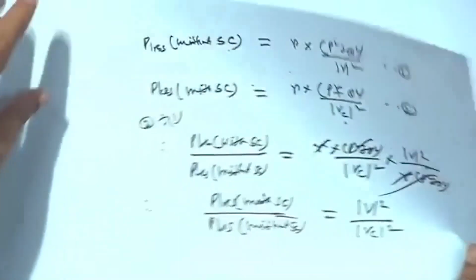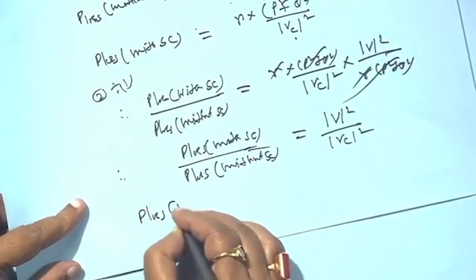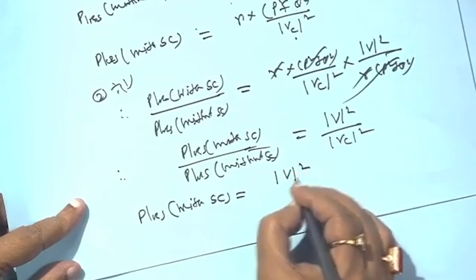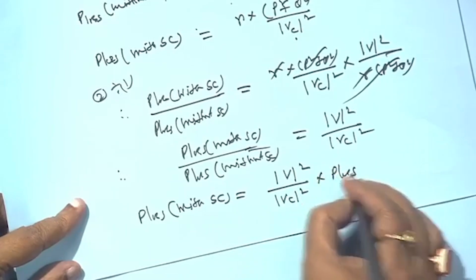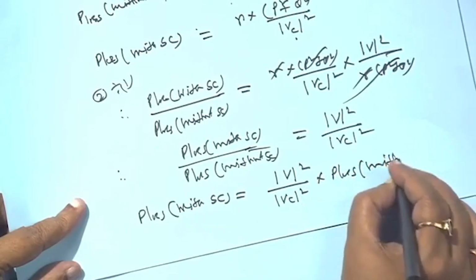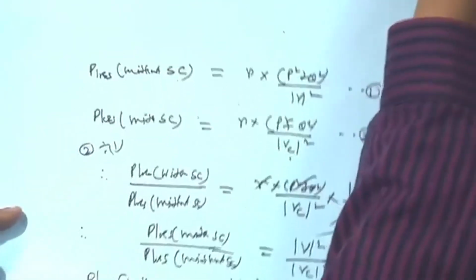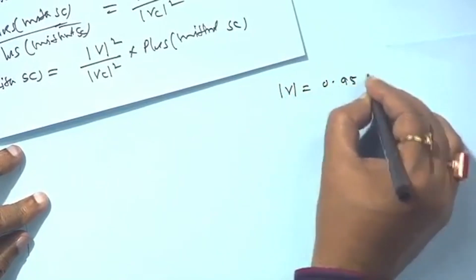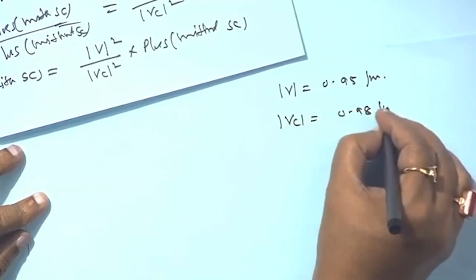Therefore, P loss with series capacitor is equal to magnitude of V square by magnitude of Vc square into P loss without series capacitor, right. So, suppose before the series capacitor, V is equal to say 0.95 per unit, and suppose after placing the capacitor, say 0.9 per unit,